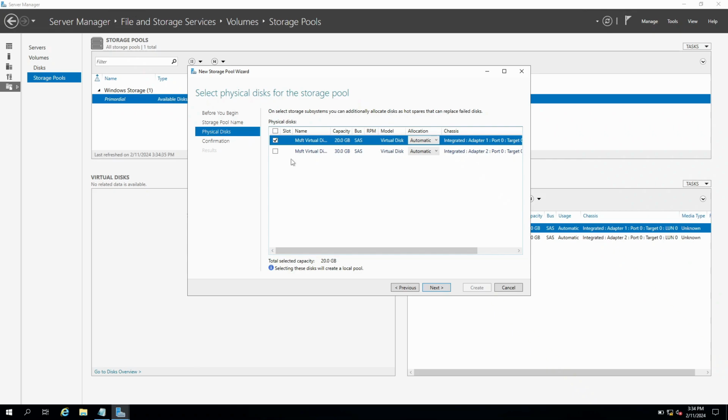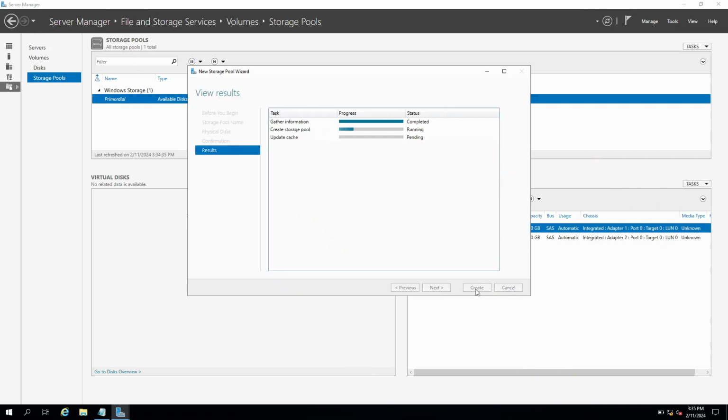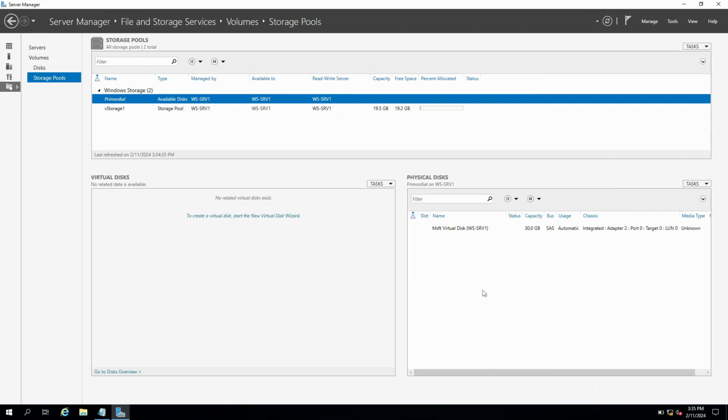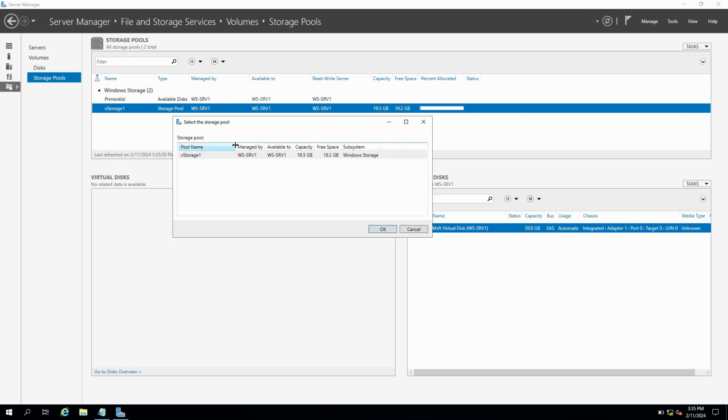Next, we need to select the source. So I selected the source of virtual disk 1, the capacity of 20 gig. Next, and then Create. Close. Now we have the storage pool based on this virtual disk, 20 gig. Now, after that, we need to create a volume or the virtual disk. Right click, New Virtual Disk,